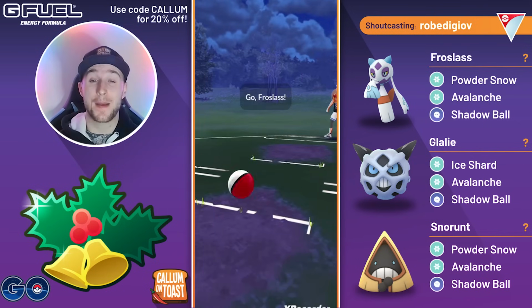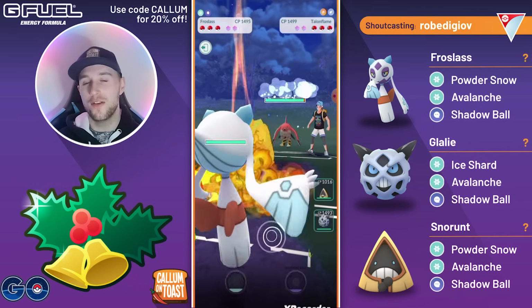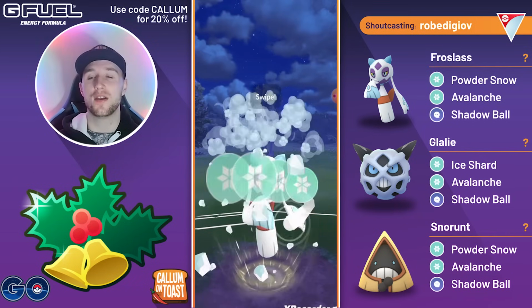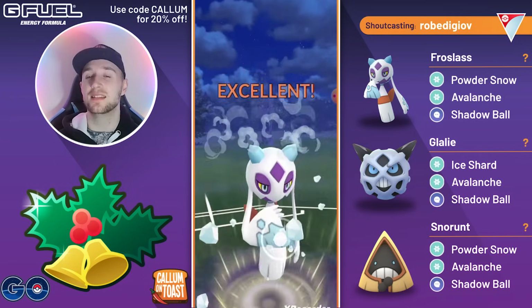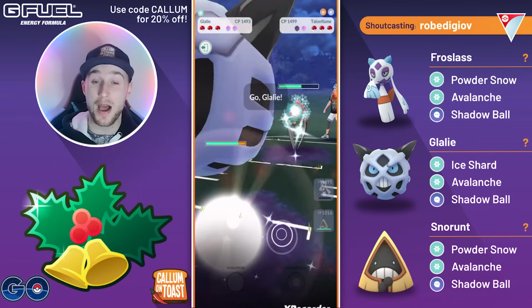So going into the next battle, we can see Frost Sass into Talonflame, and this is absolutely awful. I've got no idea how we're going to try and play this out, but we will go for an Avalanche, throwing after 7 Powder Snows. Once again, that is the correct timing. Grabbing a shield from the opponent, and at this point, yeah, we're going to have to swap out there,